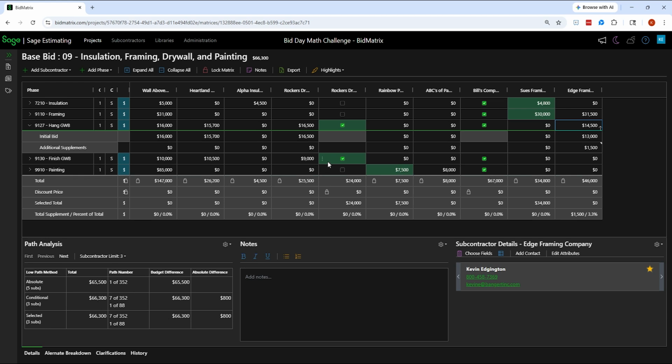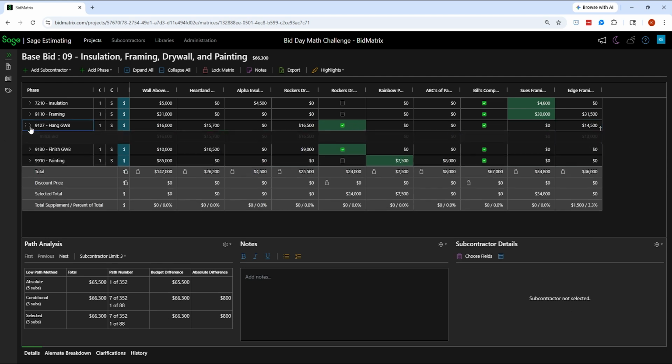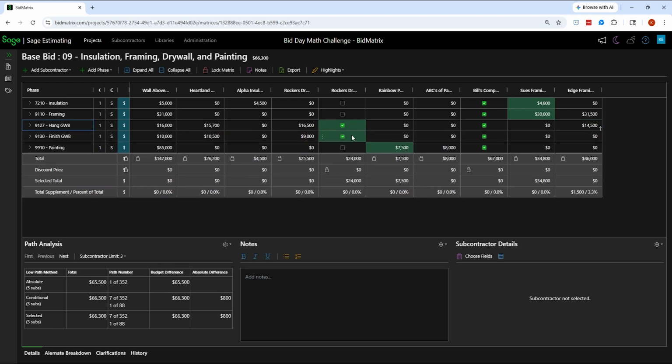So as you notice, it's now just using the rockers bids, and I'm going to minimize that so that way they're closer again. So it's picked up my rocker bid there, that one, and those two. So now I'm using 3 subs, and I'm leaving $800 on the table to do that. So that's where some people go back and analyze and figure out it's in our best interest to write contracts to include more of the scope than deal with more subs sometimes. So that way I can kind of look at what the risk would be as far as rolling that up.